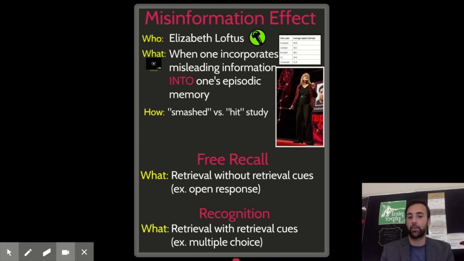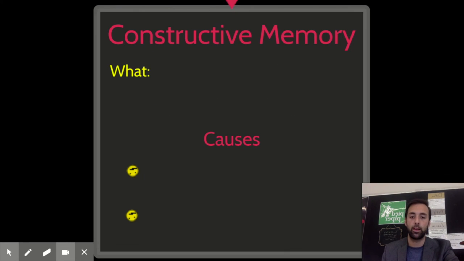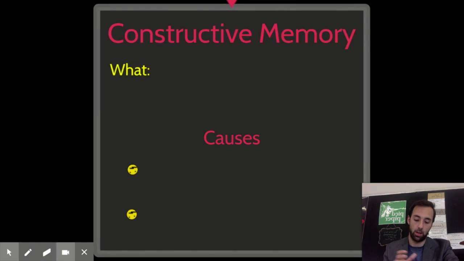A major change in the past several decades, in many ways because of Loftus's work, is that when you do a picture lineup, you actually have to tell the individual the criminal or the potential suspect might not be in this. That way, they do not feel inclined to pick the individual that looks the closest to what they saw from their memory or what they can recall from their memory. When an individual is asked to identify somebody in a lineup, they're exhibiting recognition, which is very prone to the misinformation effect.